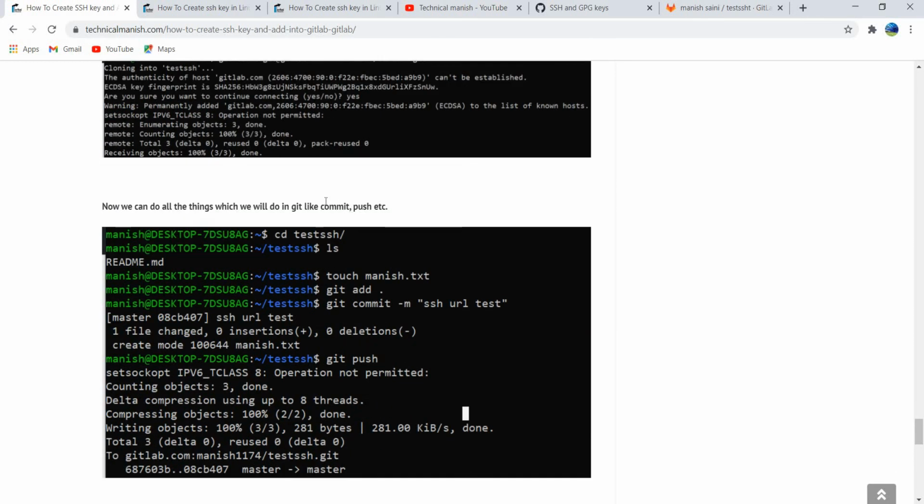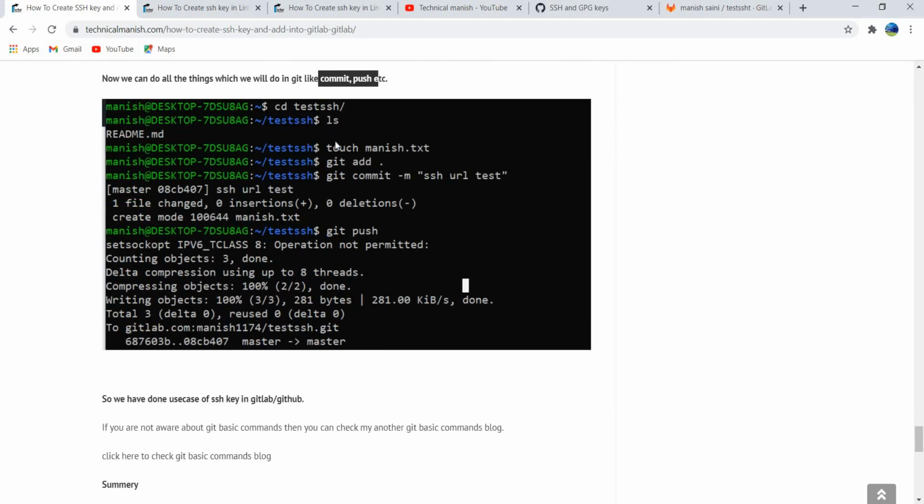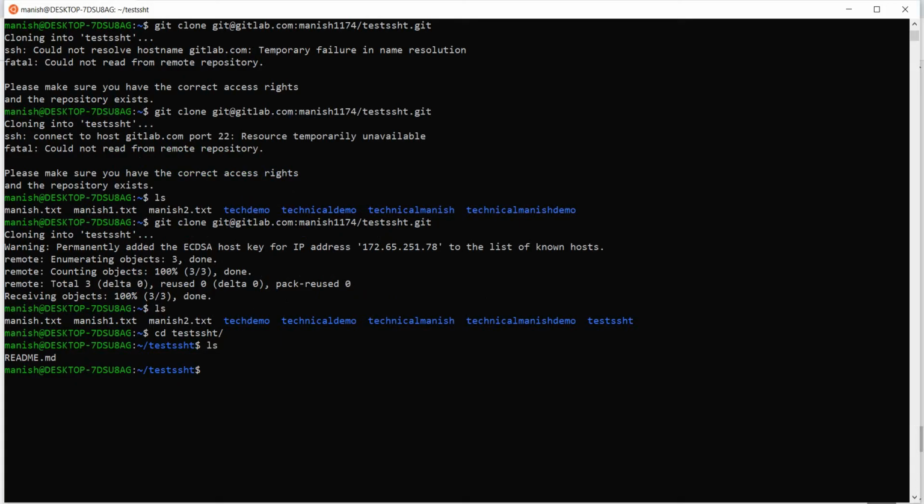And like that, we can commit, we can push, whatever git commands we want to run, we can use them using this SSH. Like let me create some file in the git repository.